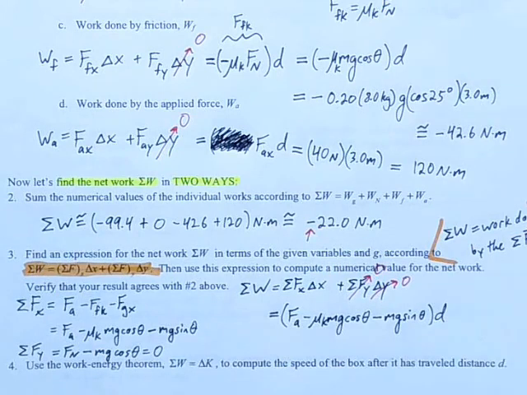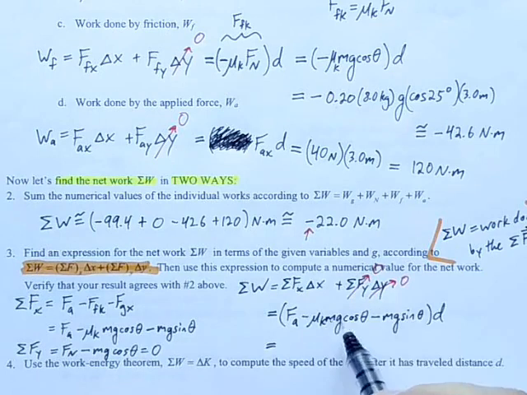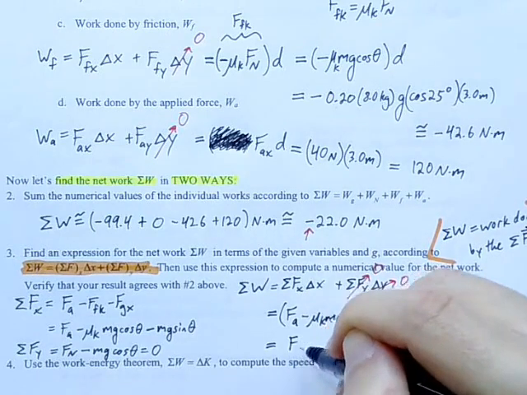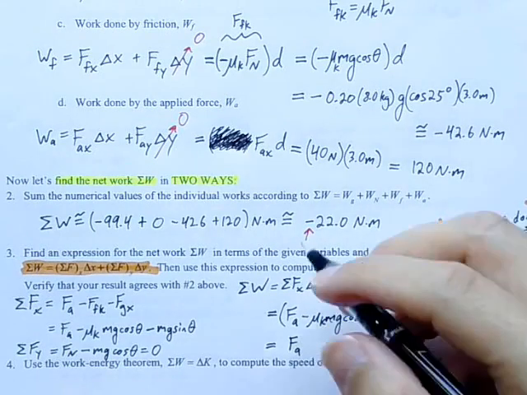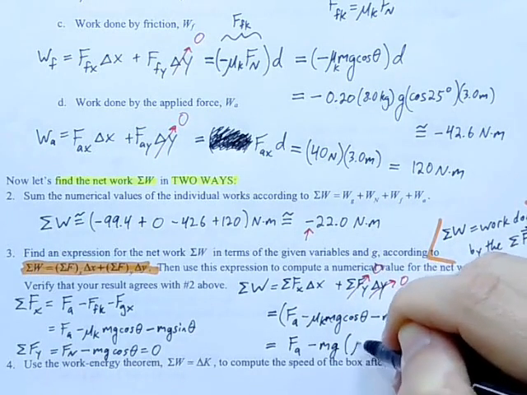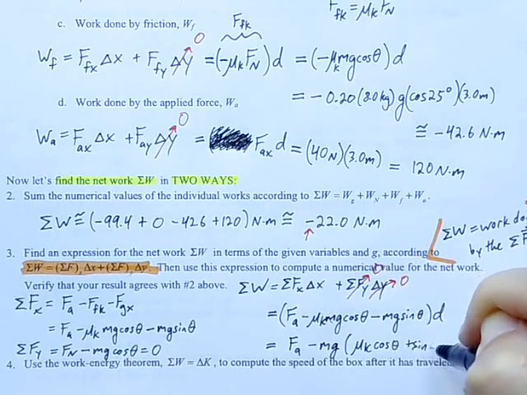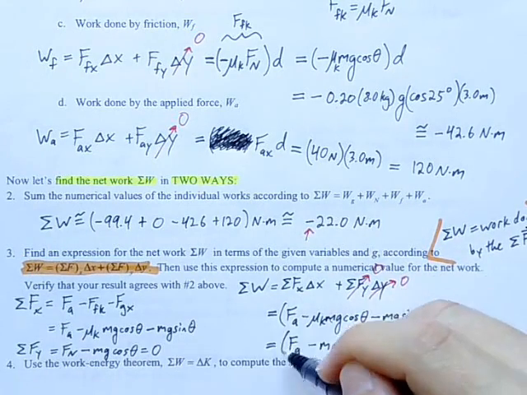Okay, I might simplify that a little bit. I've got an mg here and an mg there. I might be inclined to factor out that mg and write it as Fa minus mg times the quantity mu k cos theta plus sine theta. This is just a matter of preference. I think it looks nicer